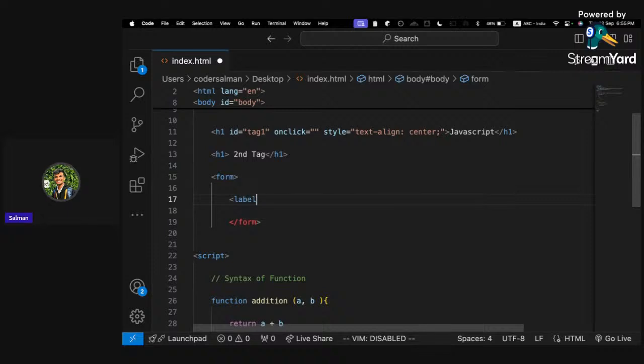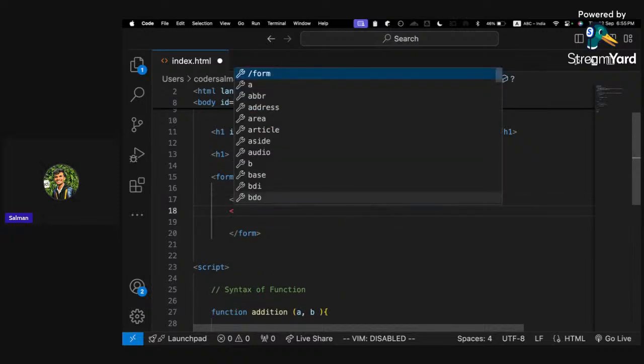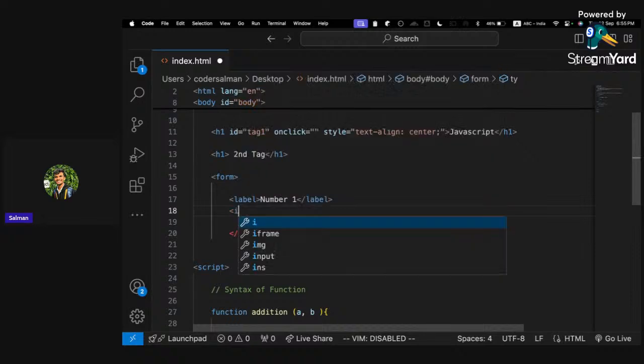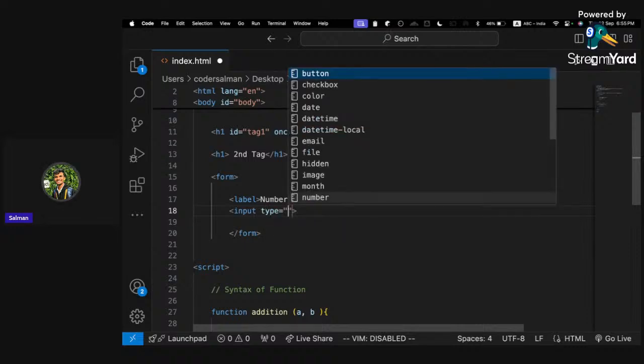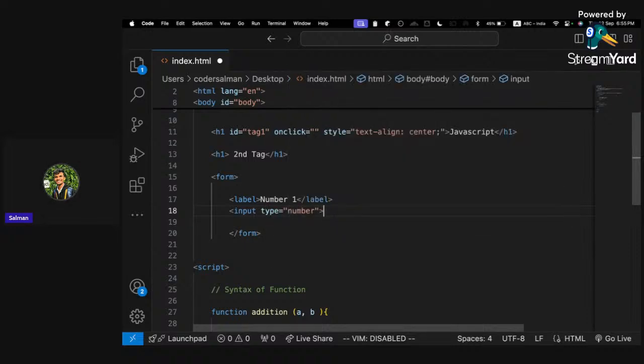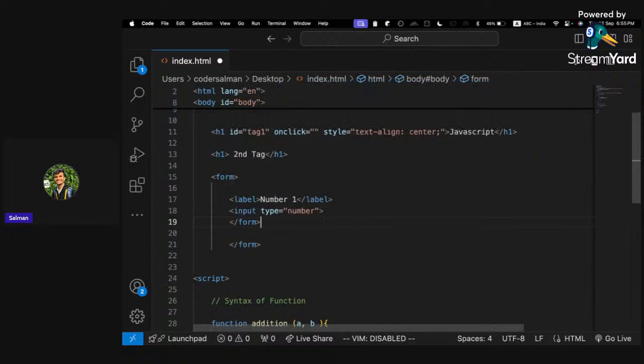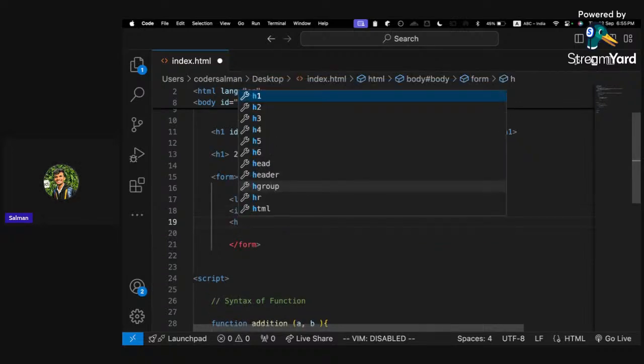First, we'll add a label as number 1. I'll write the input tag, and we'll directly declare the type as number because we want the number. And again, we'll have an HR tag, horizontal row,